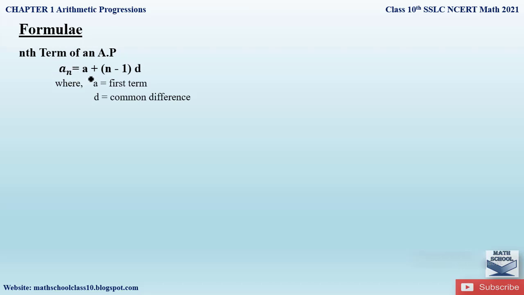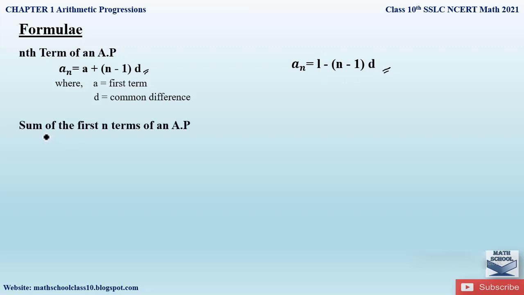Now this is how you obtain the nth term of an AP when the first term a and d, the common difference, is given. When you want to find out the nth term of an AP when the last term is given, then you have to use this formula, that is an is equal to l minus (n minus 1) into d. So when they have given you the first term, then you should use this formula, and when they have given you the last term, then you have to use this formula where l is your last term.